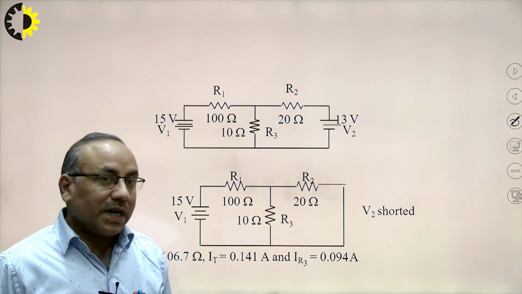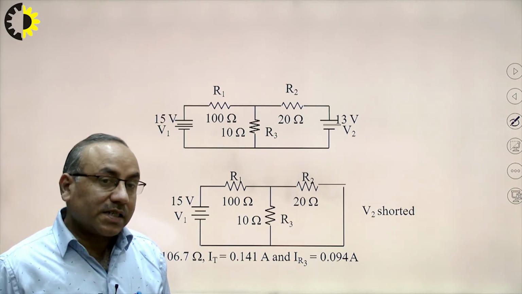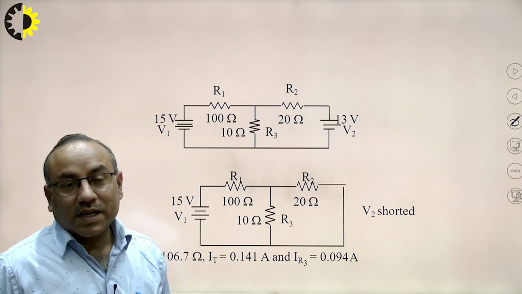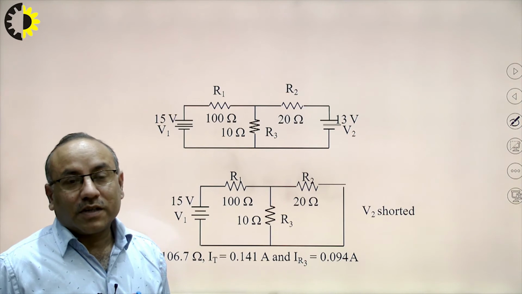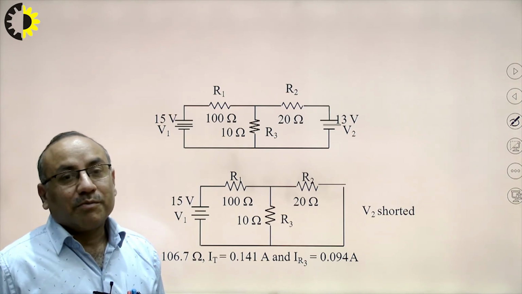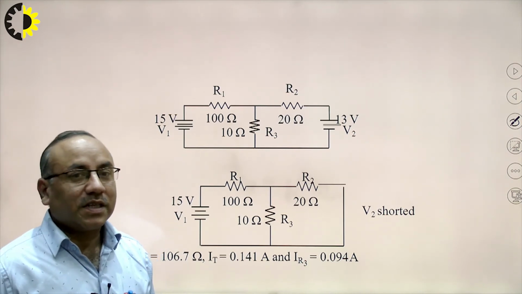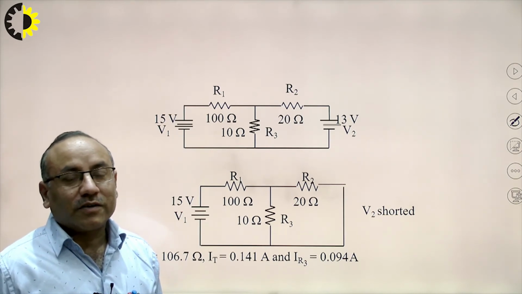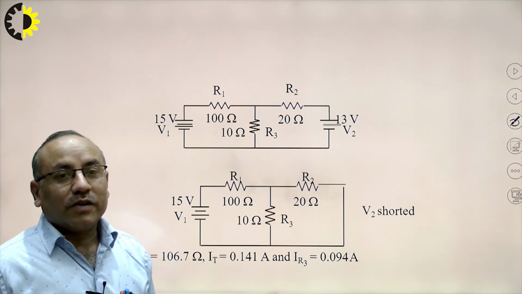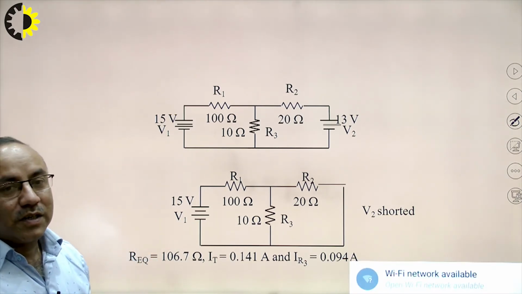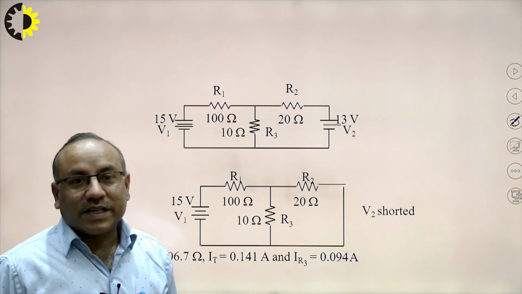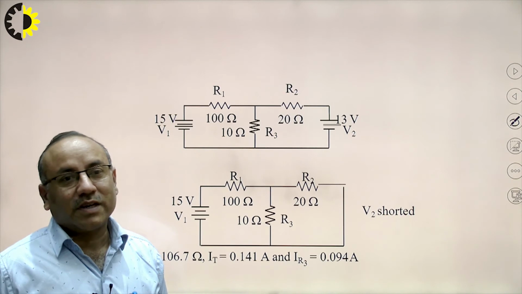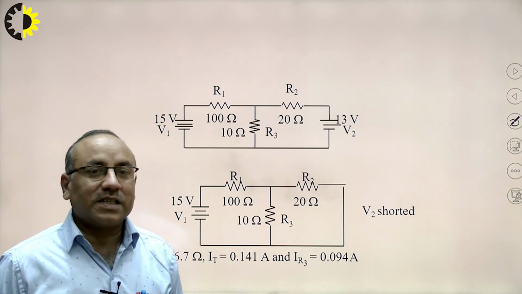We can also apply mesh analysis here, as it has two meshes. We can apply nodal analysis or Kirchhoff's law in order to find the current. But if we apply the superposition theorem, since two sources are there, we will consider one source at a time. We will repeat the exercise two times, considering one source at a time only, and that is why we will have this exercise two times.